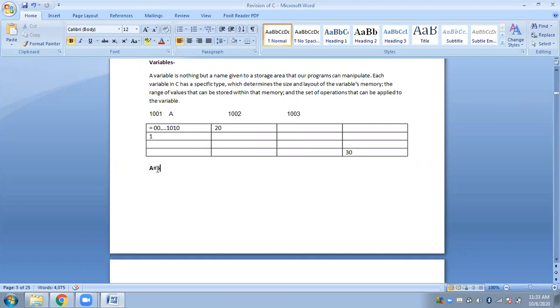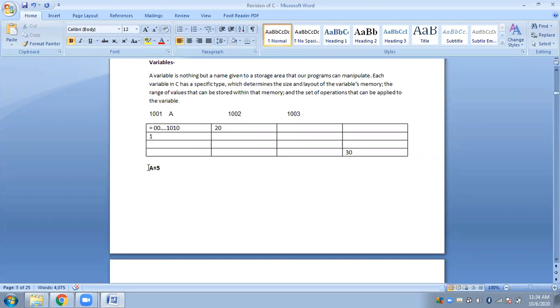I am trying to store a value 5 in A. And what is this A? This is a variable. And what is this variable? It is nothing but referring to some memory location. Is that fine? So you know that your 5 is stored in A. Later, if you want to know the value that was stored in A, you can simply get into that location and fetch it. That is what variables are all about.